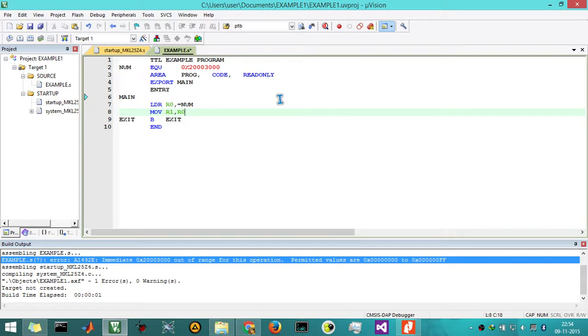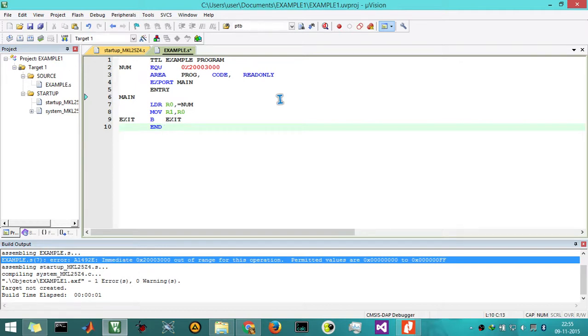Now we are going to see some other assembler directives that are going to be used. One such directive is DCD. And before going to the DCD directive, I want to tell you something. Say if you want to store some number into a memory, or load some number from a memory, there needs to be some definite memory location defined for that purpose.